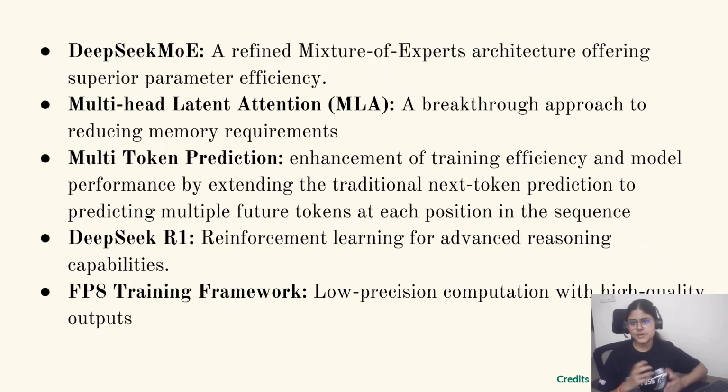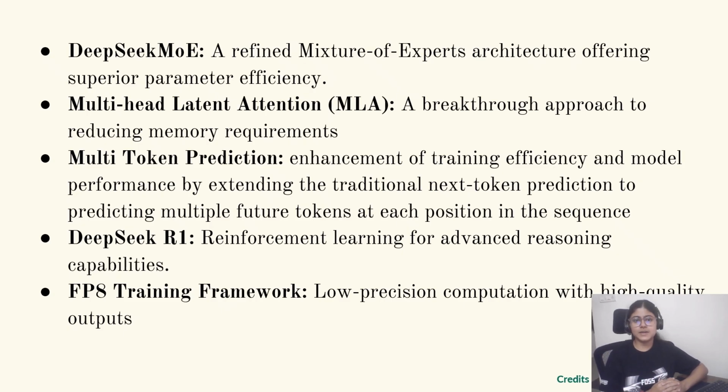Mixture of experts is an architecture where, instead of having all the nodes activated in a deep neural network, you only keep some of them which are highly active and move forward with those. Mixture of experts existed earlier as well, but it had problems. It used to suffer from knowledge hybridity and redundancy issues. DeepSeekMoE, which DeepSeek came out with, claims to eliminate these problems within mixture of experts models, using fine-grained expert segmentation and a shared expert isolation strategy.